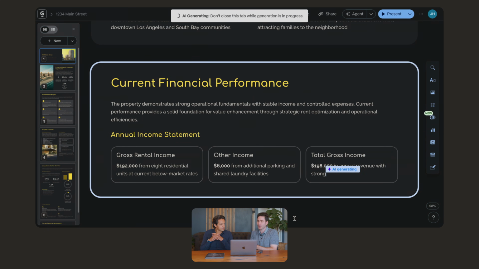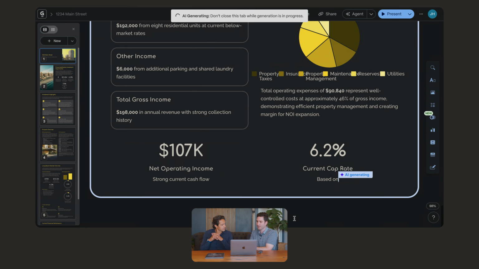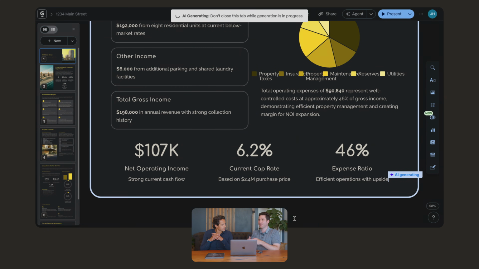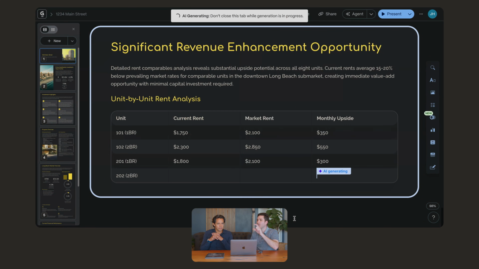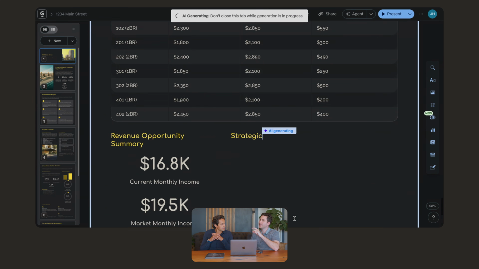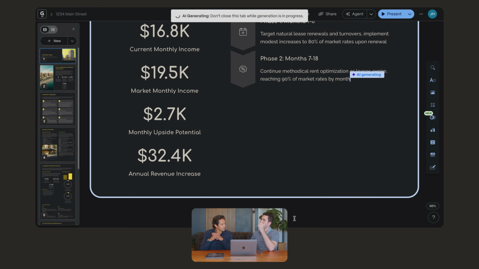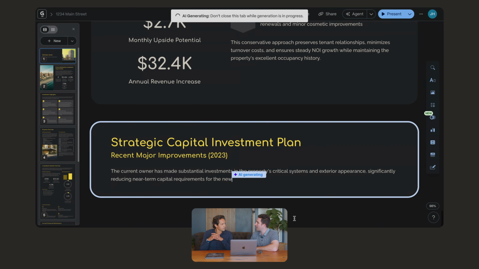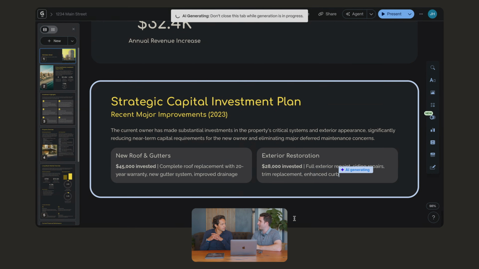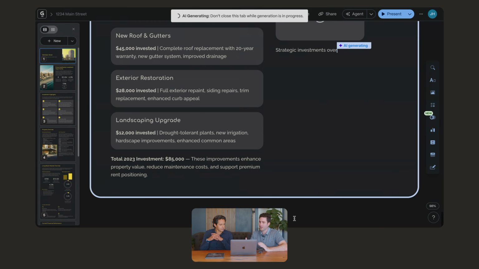You could use a tool like Grok or Manus or one of these tools that have a recurring task capability. And you might say to it, I'm a real estate apartment broker in Long Beach. I want you to scan the internet every single morning and look for any recent trades, any regulatory updates, anything going on in my market that I need to know about. And I want you to send it to me every morning at 7 a.m. And that in itself is already great. You get that scheduled report in your inbox every single morning.